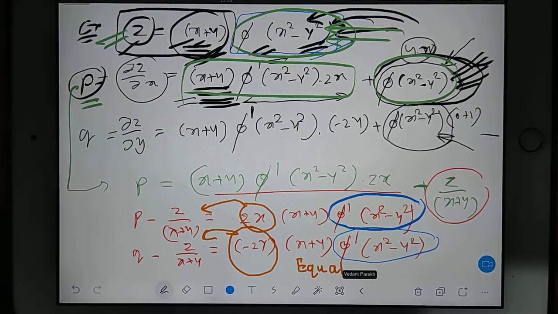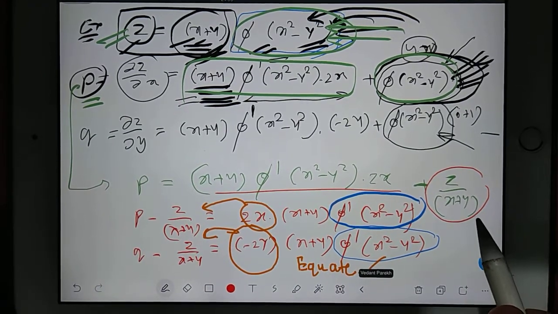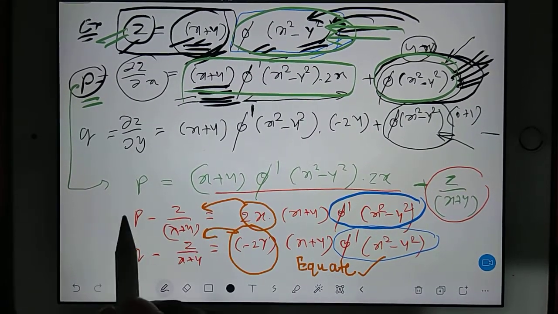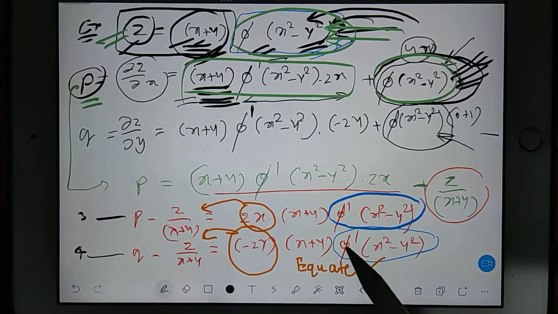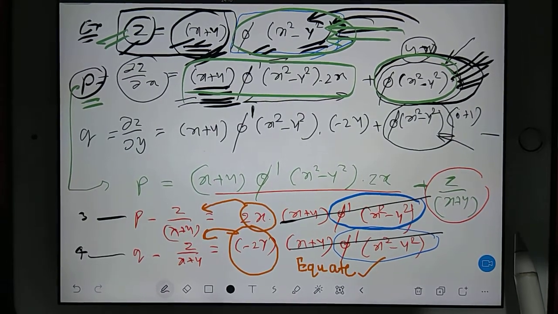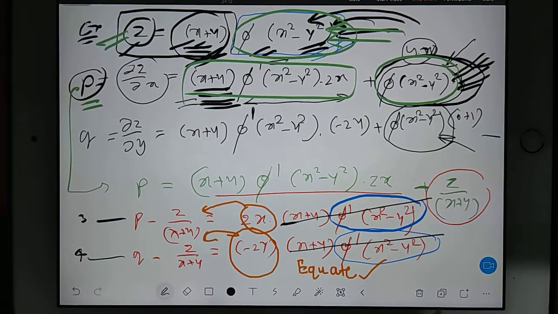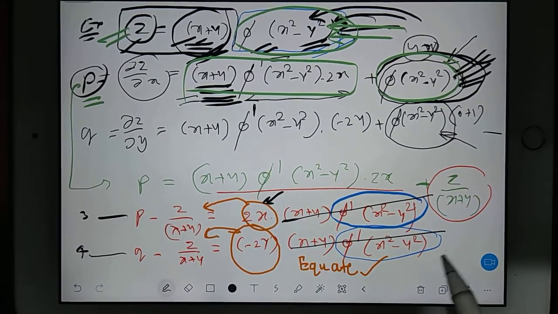Very good, accepted. Or you can also say that this is our equation and this is also our equation. You just divide both the equations, so directly these two terms will get cancelled. This is also good advice, right? So we can divide both the equations. Anyway, the first advice is also acceptable and very good, correct. So let's divide both the equations.